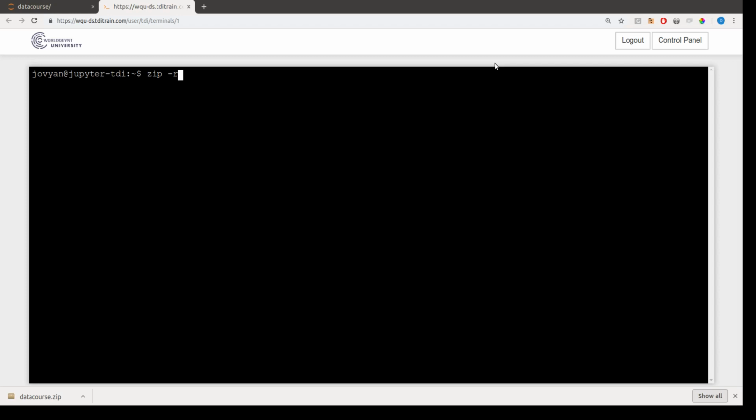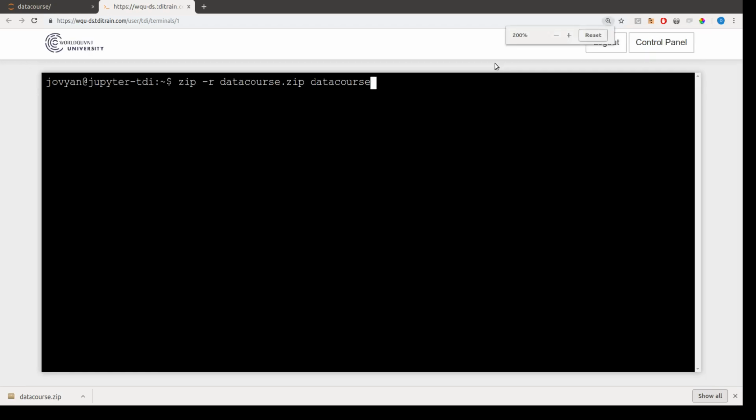So this will recurse through all the subdirectories. We'll say that we want to name the output datacourse.zip, and the directory that we would like to zip up is the data course directory. So we're just going to run this command,